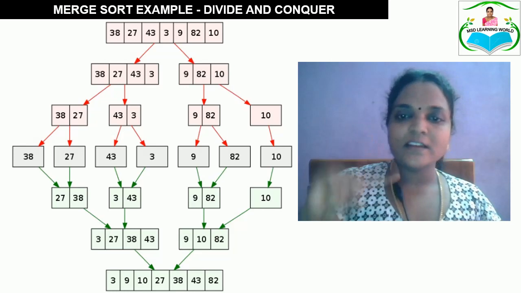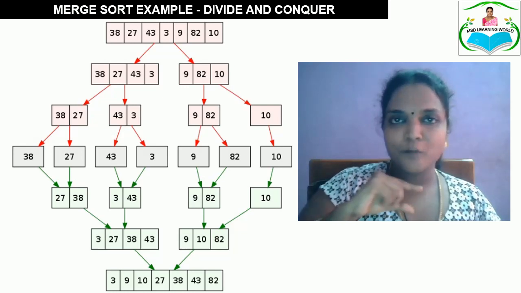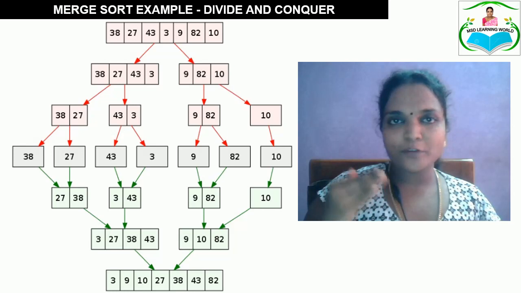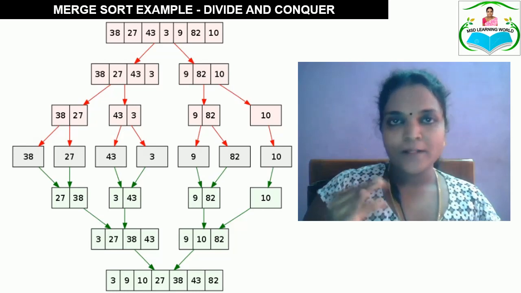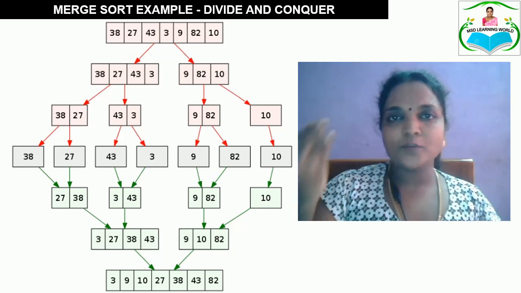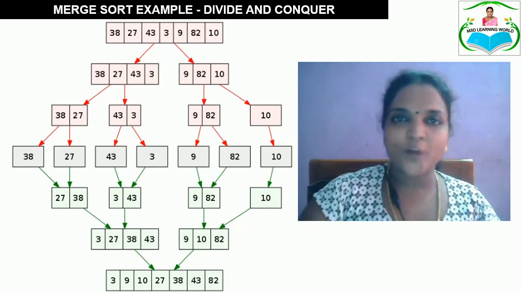Then the next two subarrays. 9 is the smallest element, 10 is the next element, 82 is the next element. Now these two arrays are again combined to form the sorted array. So totally you are performing 3 times n by 2 divisions, and you are also performing n times 2 conquer and solve operations. And here you are able to sort the elements with n by 2 iterations. So at last our aim is to continuously divide the arrays, then perform the comparison, and then recombine the elements in a sorted order.